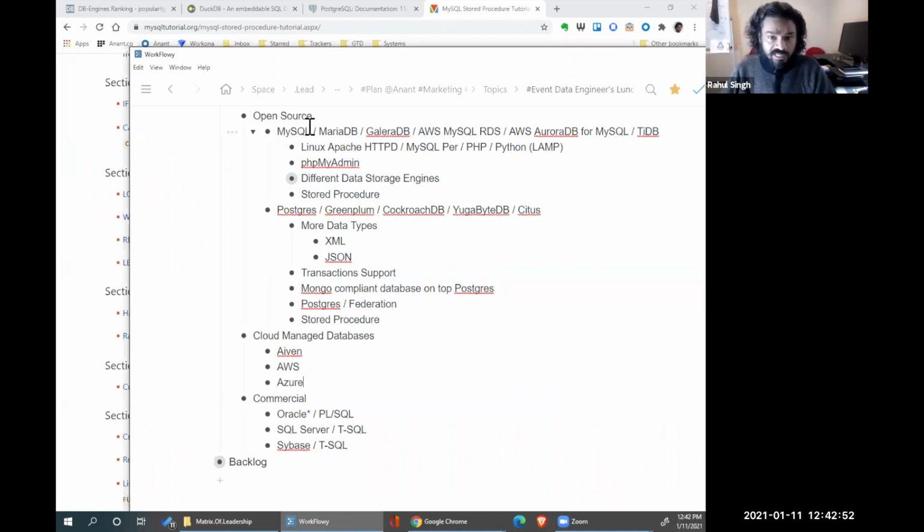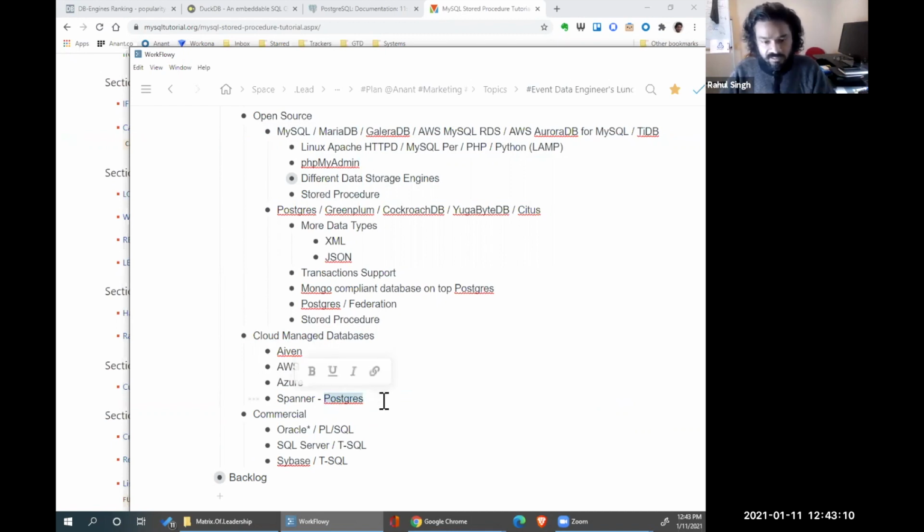So skill-wise, if you're good on MySQL and Postgres, you can pretty much use 80% of the world's cloud-managed databases. For example, Google's Spanner database is Postgres compliant. If you know Postgres, you can use the same. It has the same exact interface to it.